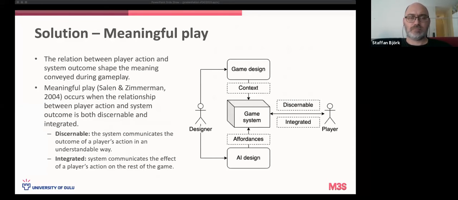So, how can we bridge the gap between the game's context and affordances to produce more meaningful content that corresponds to the player's actions? To reach this goal, we can use the concept of meaningful play by Salen and Zimmerman, which states that the relation between player action and system outcome shapes the meaning conveyed during gameplay. To put it shortly, meaningful play occurs when the relationship between player actions and system outcomes is both discernible and